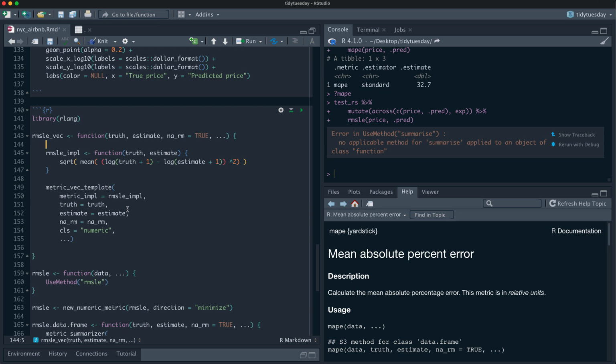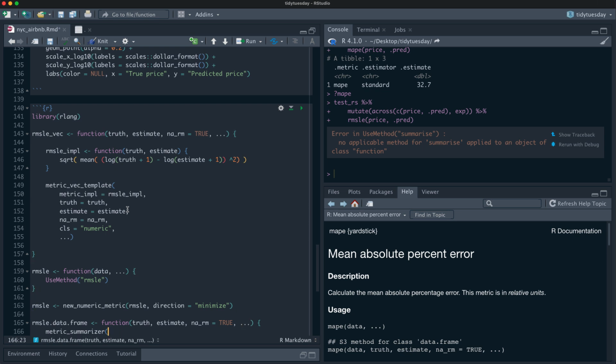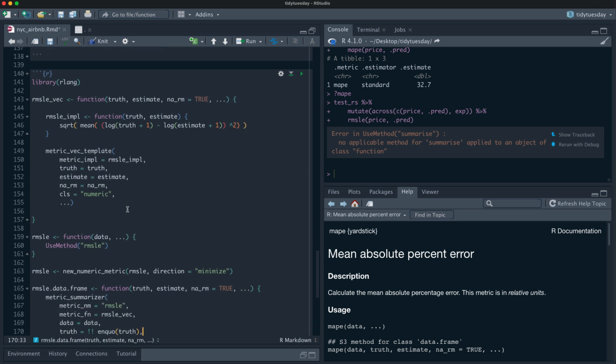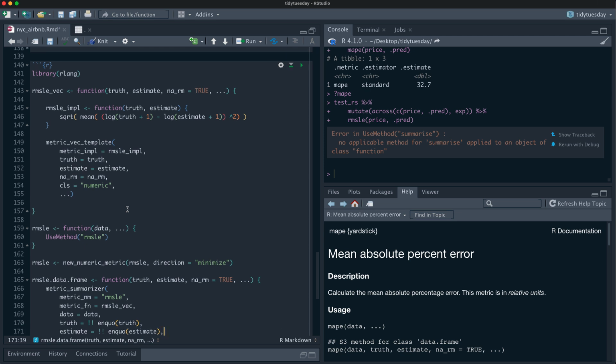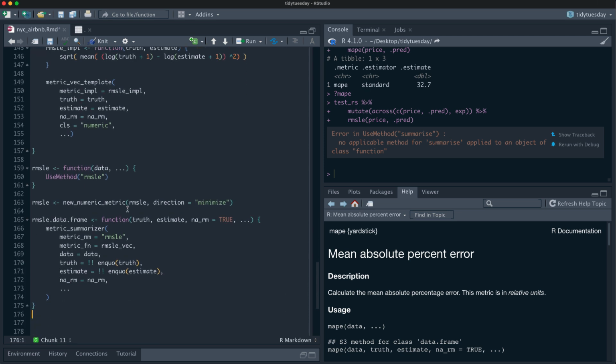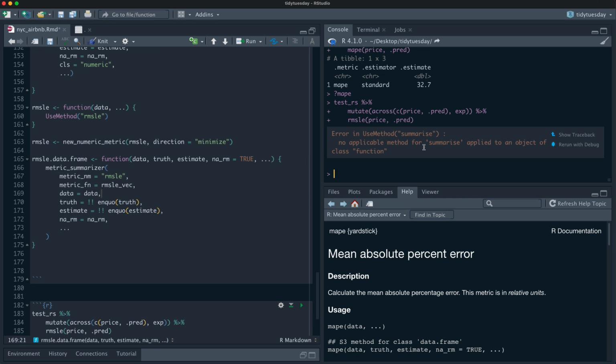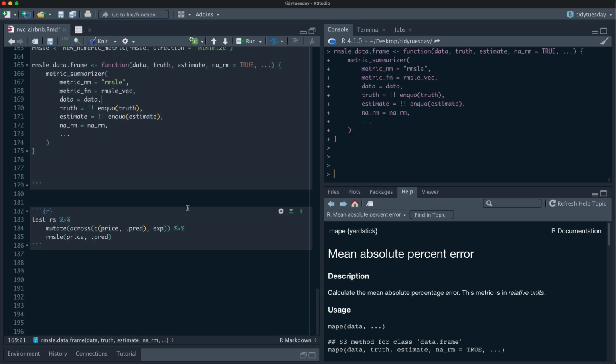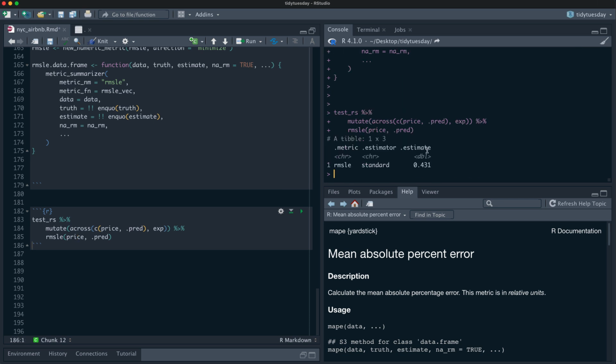Function truth, okay. That looks right. Let's look and see what else I may have missed. RMSLE data frame, truth, data. There we go. Okay, let's try this again. Okay, let's try one more time. Moment of truth this time. Okay,